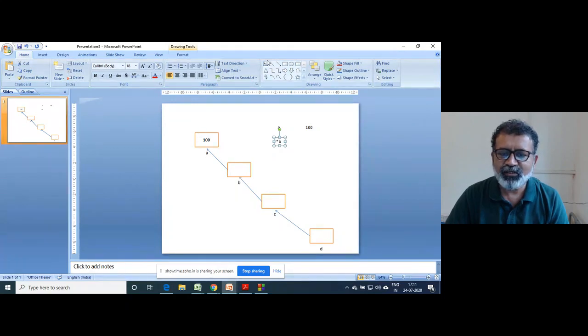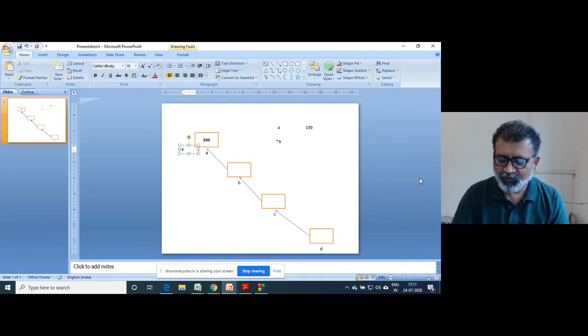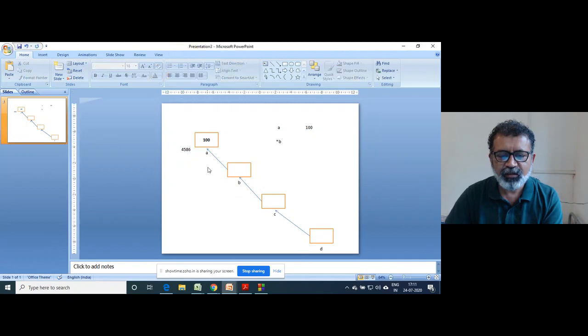Some address is there. Suppose this address is 4586. This is the address of this location. This address is stored here, because b is a pointer to a.